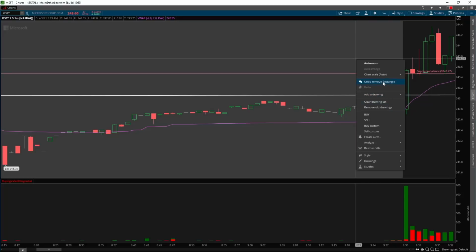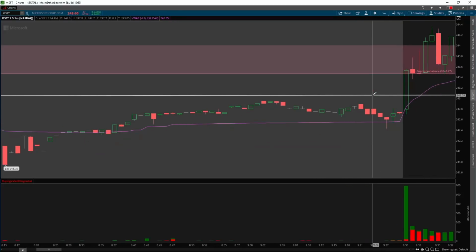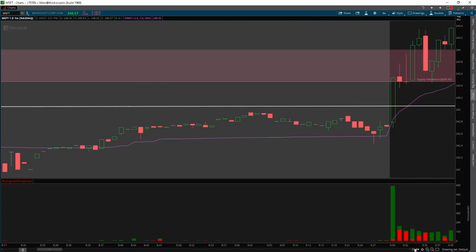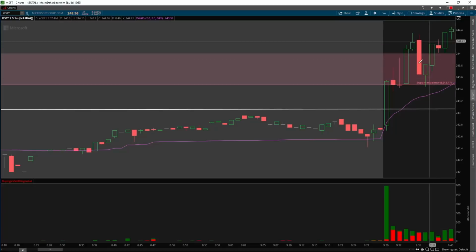But just to keep this on, just for an example, so then we started selling off, and then we found a bid right at this 243.50 zone, and we started rallying to the upside. You could have argued that was a potential area to get long. I know some members actually made a lot of money on this trade in the Discord. I stayed away due to not really a clear setup. I couldn't really paint the picture too well.